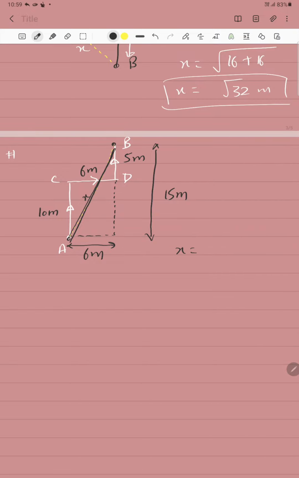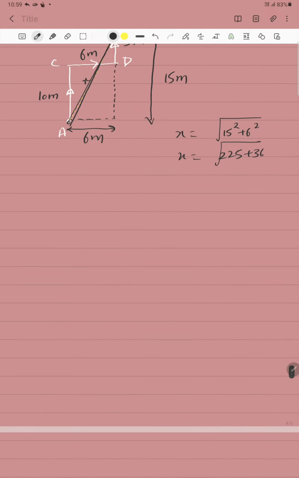X will be under root 15 square plus 6 square. X will be 225 plus 36 under root. You can easily solve, right? So these type of questions I have discussed in class. I am giving you one more question. Suppose if I say